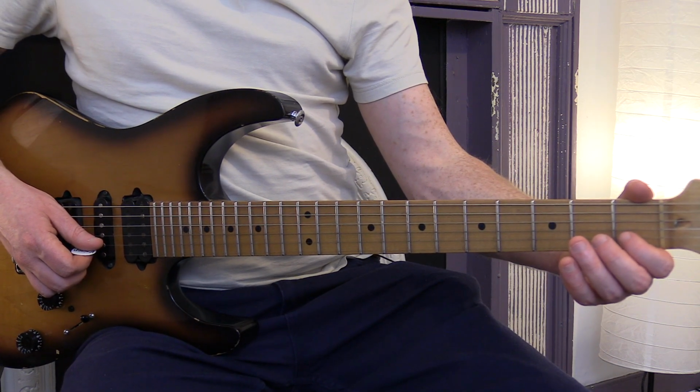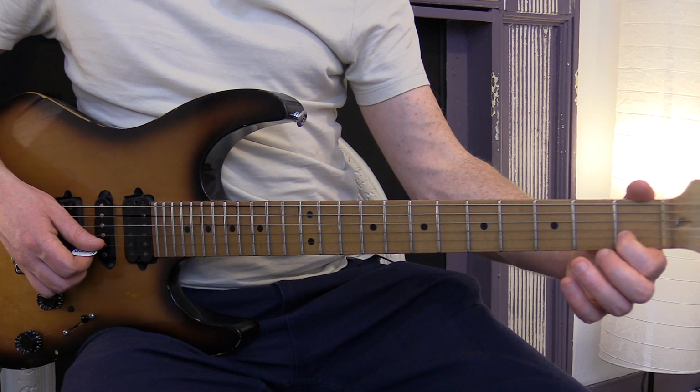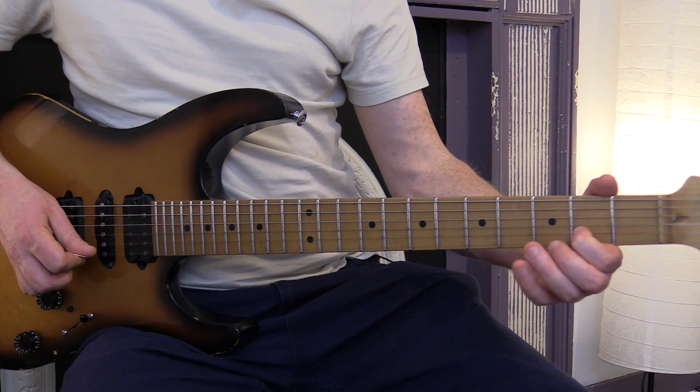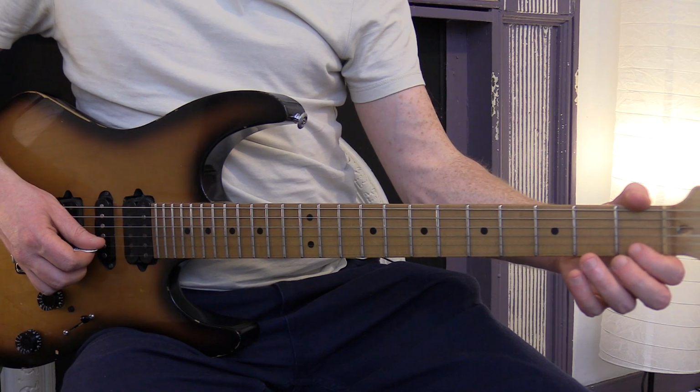You don't need to change any of your notes. You just need to add in this slide. Instead of going straight from 1 to 2, just hit 1 and slide into the 2. So it goes